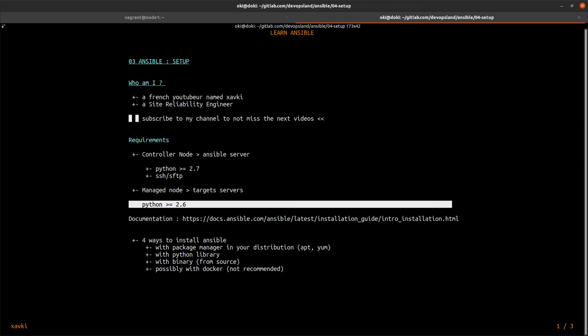And the last possibility is a Docker image, but it is not recommended. You could find the repository with this link.